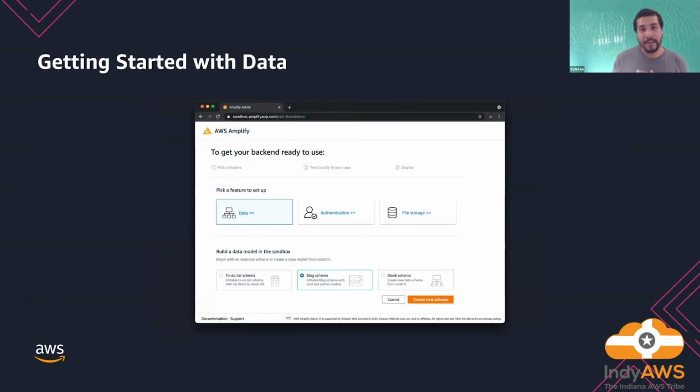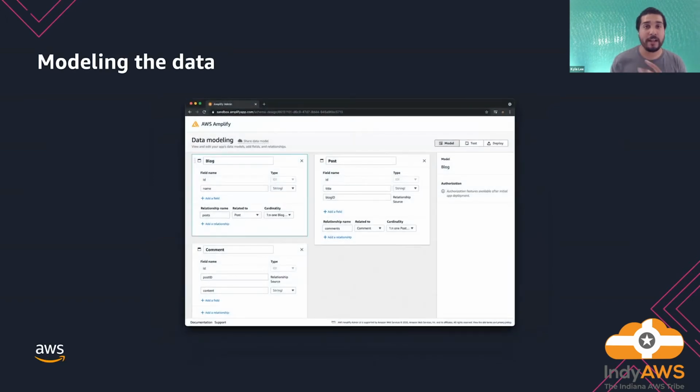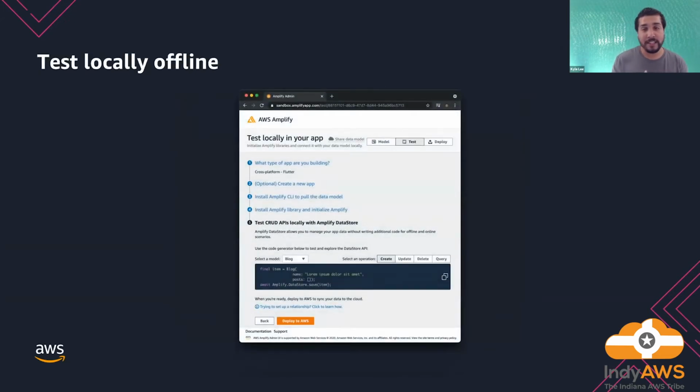So if you had an app idea and you wanted to start seeing what type of relationships would be relevant, you can use the sandbox admin UI to start building out those relationships, see how everything fits together, and then you can have that model used inside your app, and you can pull it locally and start testing it out.